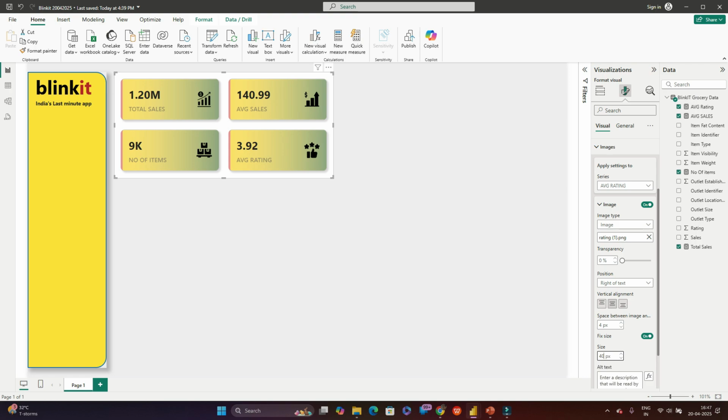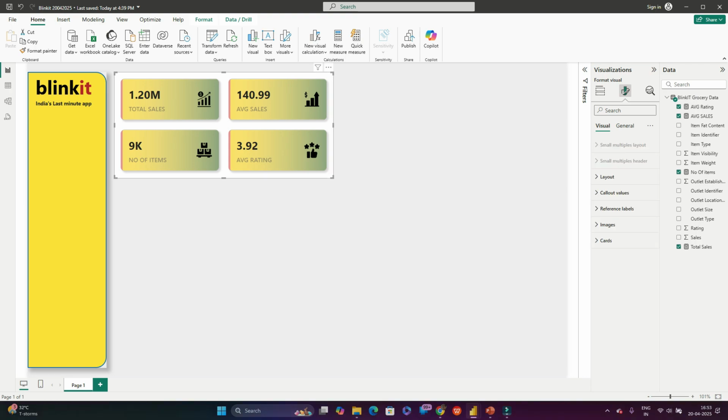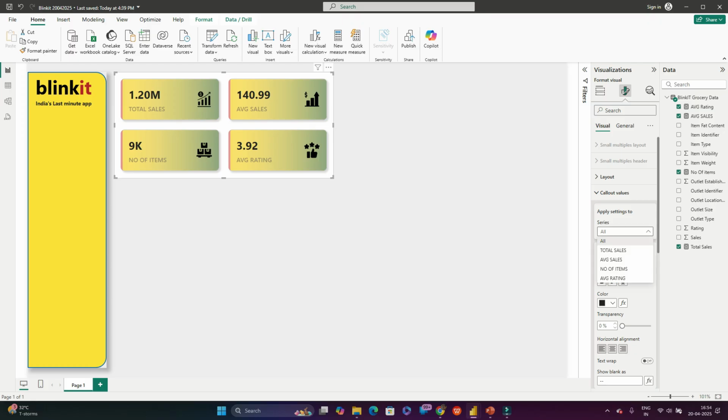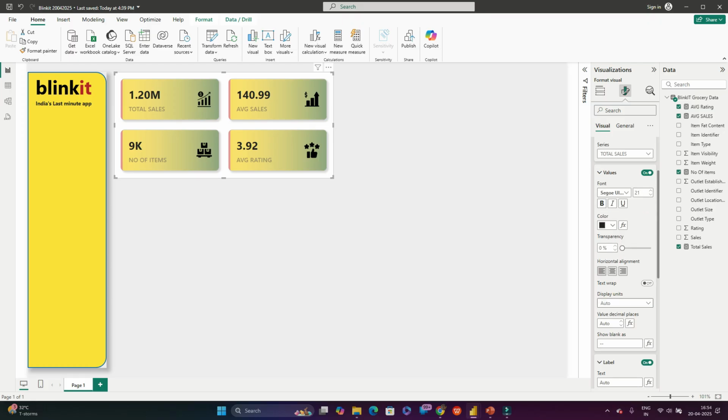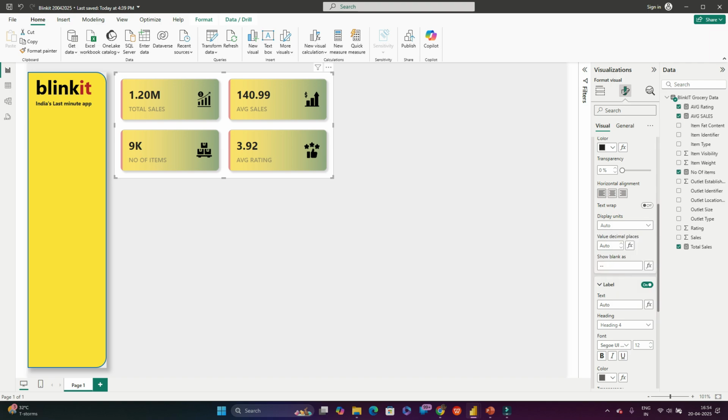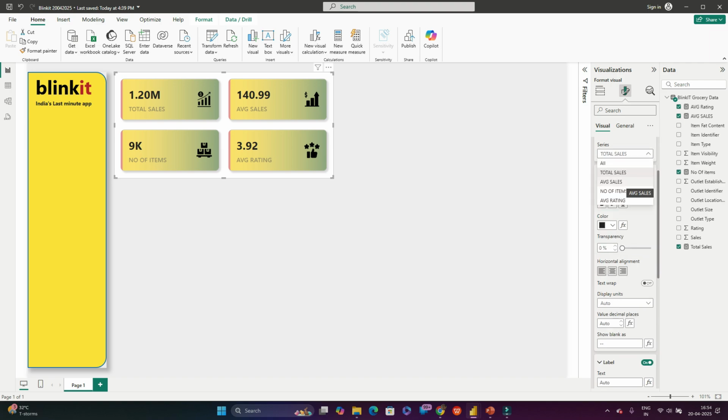Okay, we'll do a little more formatting on this. We have total sales, it shows as million, that is fine. Average sales, we have some decimals, and average rating we have decimals. So here number of items, it's rounded up. So let's make it in a proper way. So let total sales be 1.2 million, and for that let's go to visuals and callout values and select total sales. So display, here we have an option display units, so that should be auto, that's fine. Then just select the average sales and then decimal none. Decimals select none,